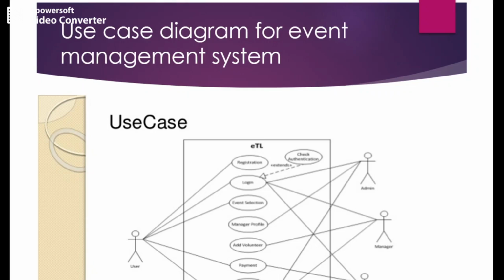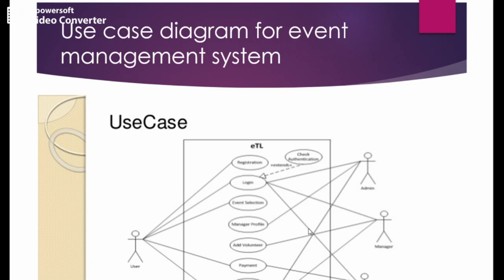Okay, next let us see the use case diagram for event management system. Suppose some event you want to conduct. Nowadays you can give that entire event to an event management team. They will arrange the event, so you just have to give the money, that's all. They will do all types of arrangements. The main advantage is you need not waste much time, and the organization of that event will also be very good. So you have to show the use case diagram.